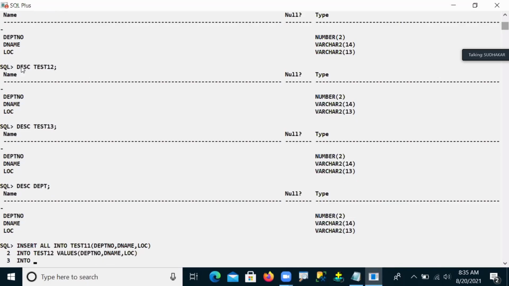Insert all into test 11, into test number 12 with values DEPT number, D name, and LOC. Into test number 13 with values DEPT number, D name, LOC. Okay, all tables are taken. So 11, 12, 13, fine.